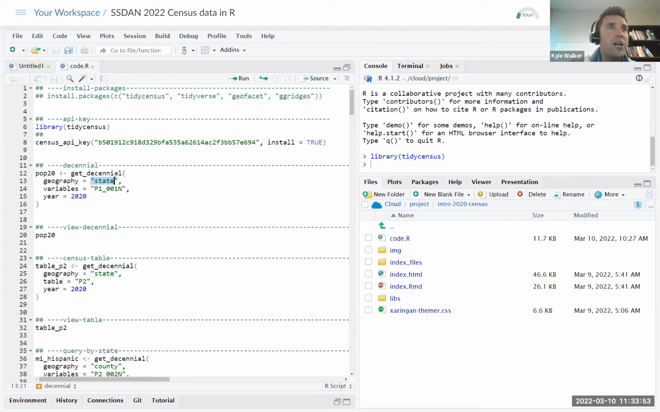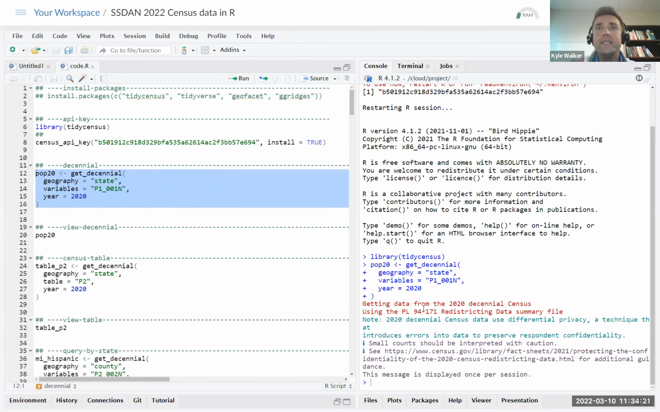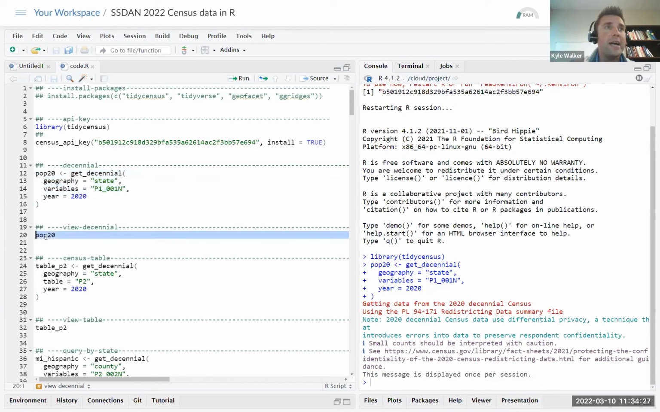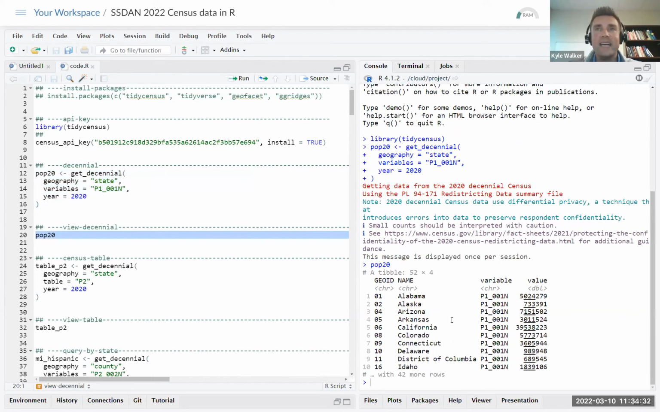So I'm specifying geography equals state because I want state level data. I'm using the census code in the redistricting data for total population, which is P1_001N. And then I'm using year equals 2020. To run that code, I highlight the entire block of code, and then I can click run. And you can see here that my query has succeeded. So I can take a peek at pop20 by typing that in,